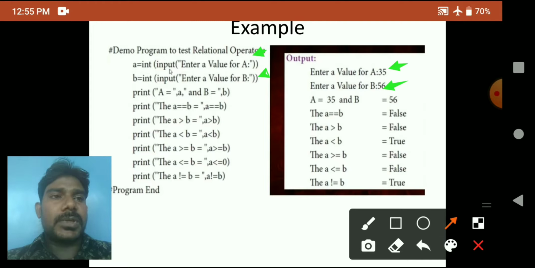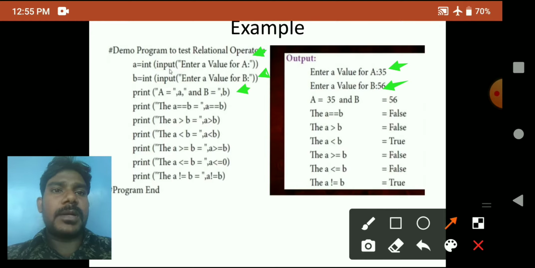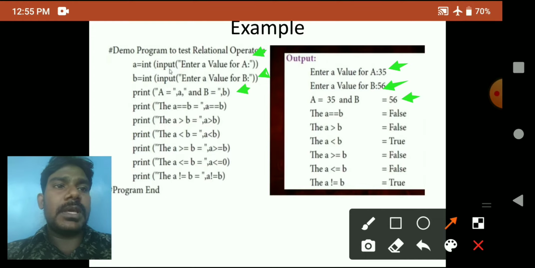Now we check the conditions. Next they use a print function, printing a equal to the a value and b equal to the b value, so a equal to 35 and b equal to 56.